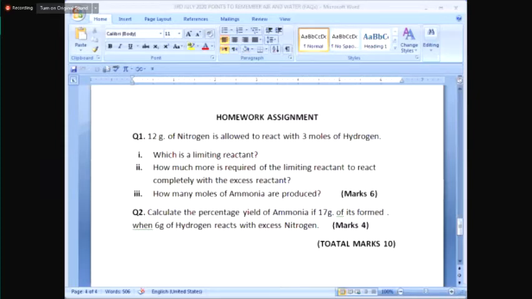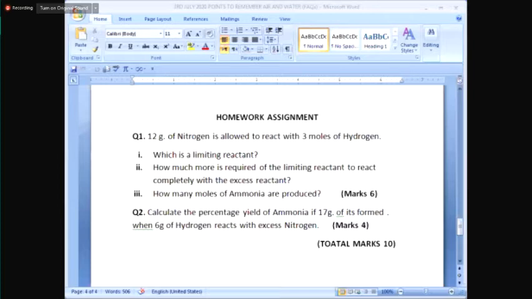Either you can just do the stoichiometric calculation with the limiting reactant. You'll say 1 mole of nitrogen requires 3 moles of hydrogen according to the balanced equation. 12 over 28 moles of nitrogen requires X moles of hydrogen. So once you come to know the moles of hydrogen gas required, they will be lesser than the 3 moles given. You will subtract them from 3 moles, and you will come to know how much the excess reactant was. Then on that basis, you can carry the reaction on the excess reactant, that is hydrogen, a long calculation.